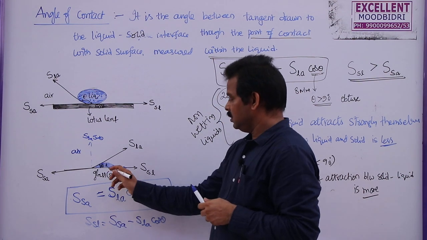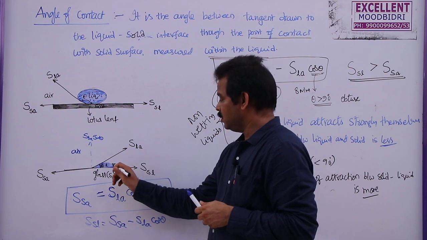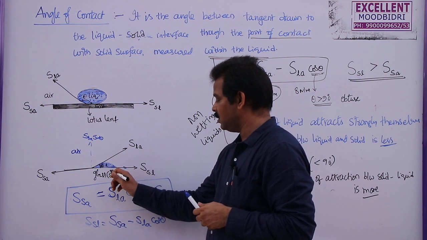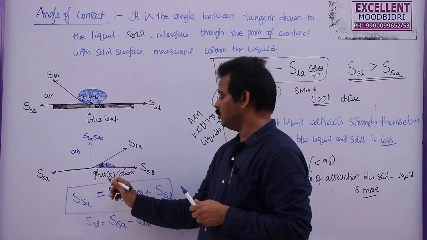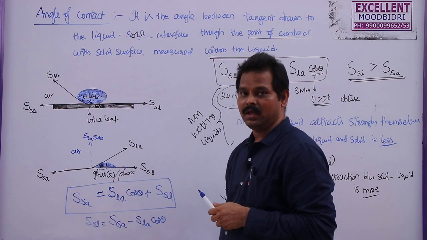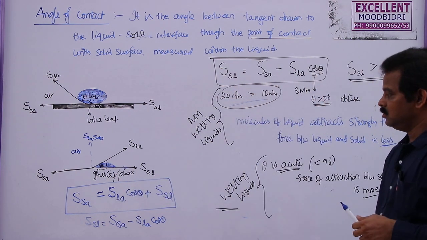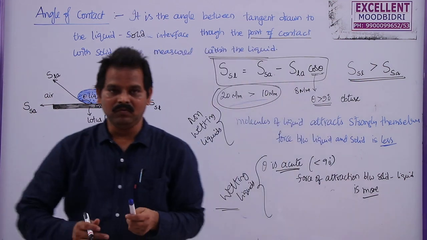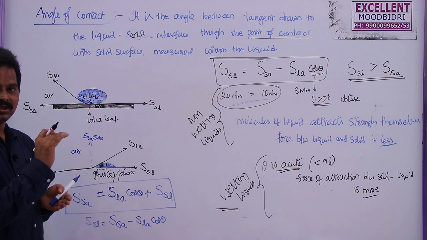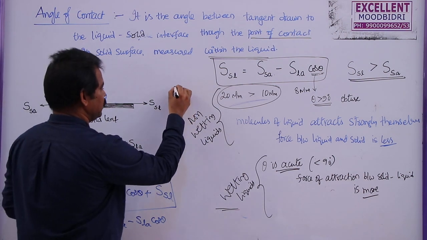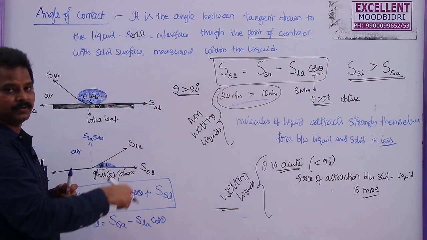But whereas when the water is placed on a plastic plate or glass plate, there the force of attraction between the water and glass or plastic is more than the force of attraction within the molecules of the water. Then this will become a wetting liquid. So this is why water, when placed on waxy surfaces or oily surfaces, will not stick to that surface, because there the water will have an angle of contact more than 90 degrees with that particular surface.